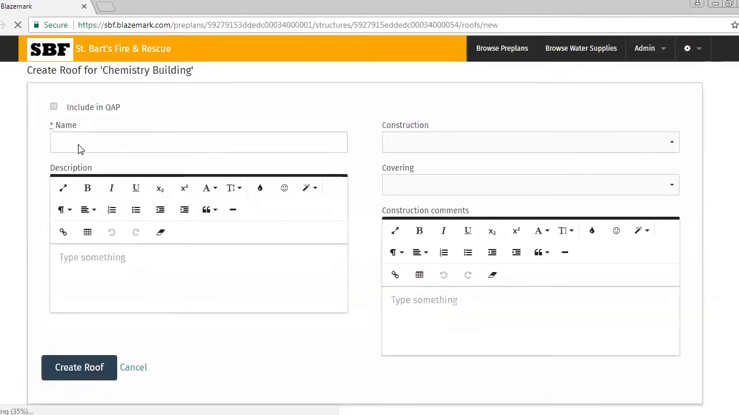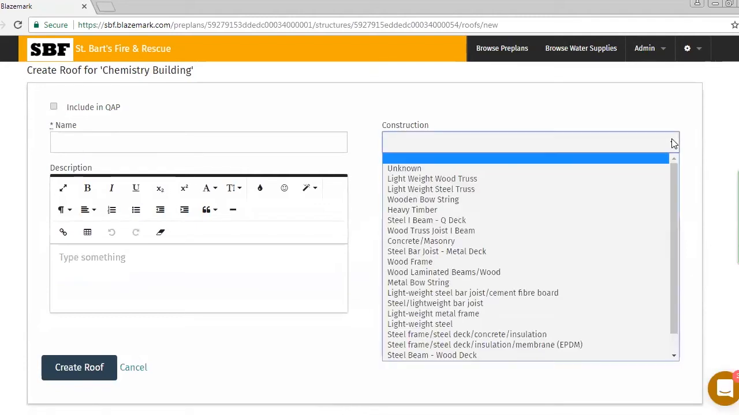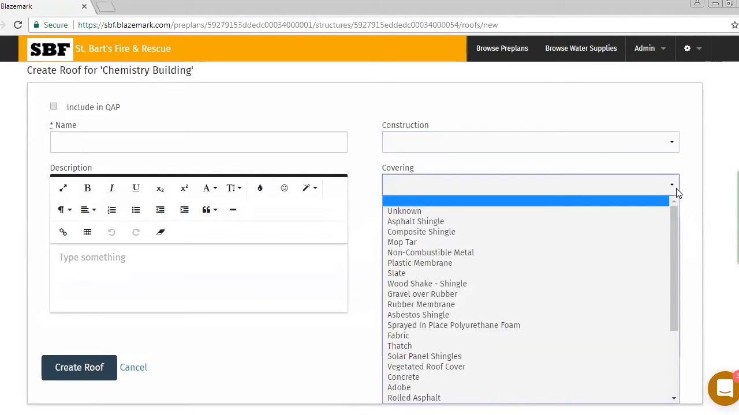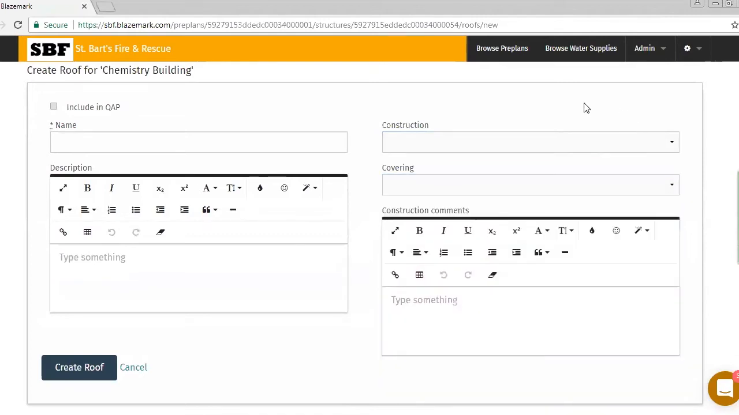On the roofs, you have a lot of different choices. It's easy to add. You have construction choices. You can put descriptions in there. You can add pictures to there. If you leave something blank in Blazemark, like you left the description blank, it will not show up, because we understand at an incident, you don't want to see a pre-plan that has a lot of NA, not available type